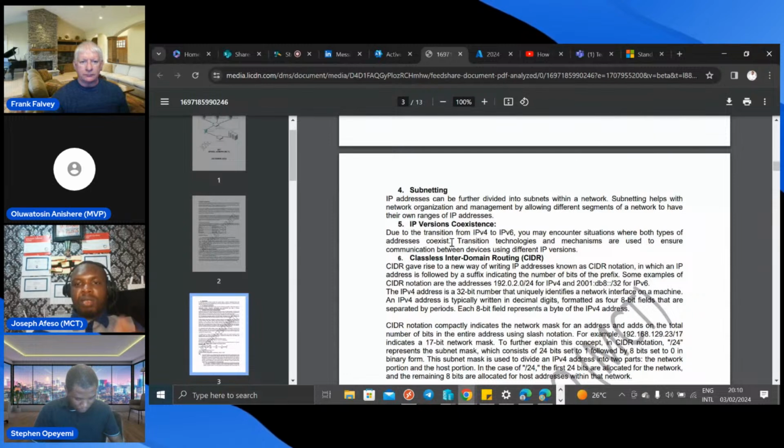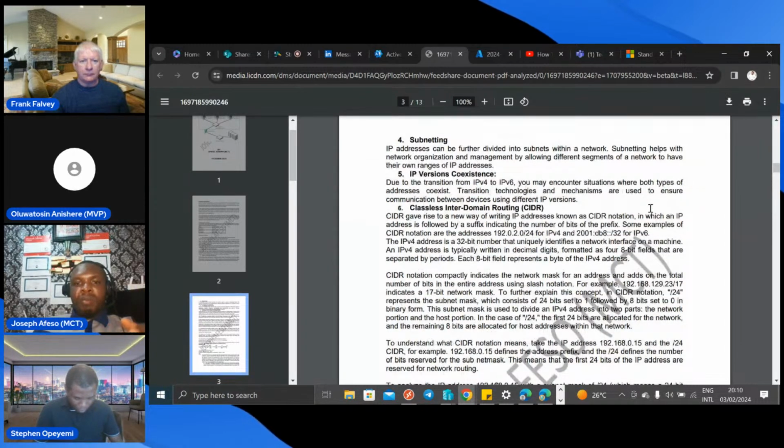When you see subnetting, it is like a subset of a whole, right? Subnetting helps with network organization and management by allowing different segments of a network to have their own IP address. Let's say your finance department has its own IP range, different from the IT department, and so on.